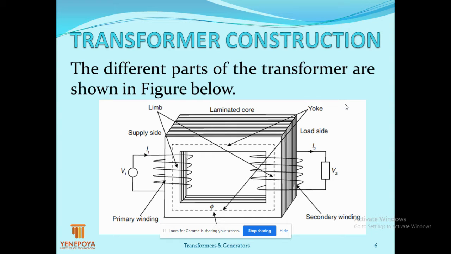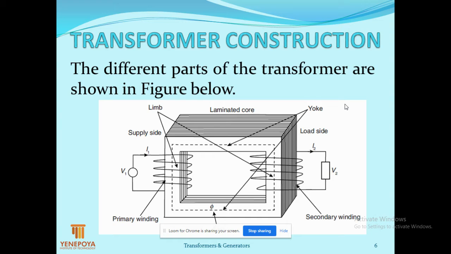In the diagram, you are seeing the construction of a core type of transformer. The transformer core is made of high-grade silicon steel and laminated construction. Laminated construction means you are seeing small thin lines throughout its cross section. That is nothing but laminated construction. It is not a solid piece of material. Thin square plates of high-grade silicon steel are stamped together to become a transformer core. Here we use high-grade silicon steel as the construction material, with laminated construction.